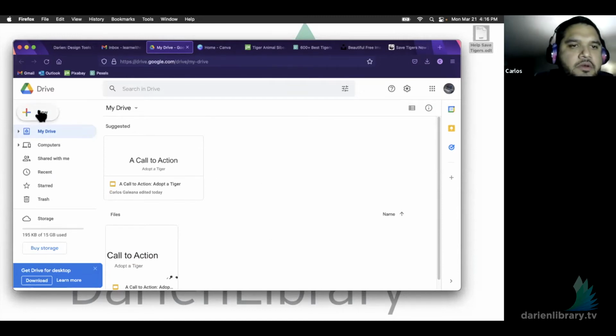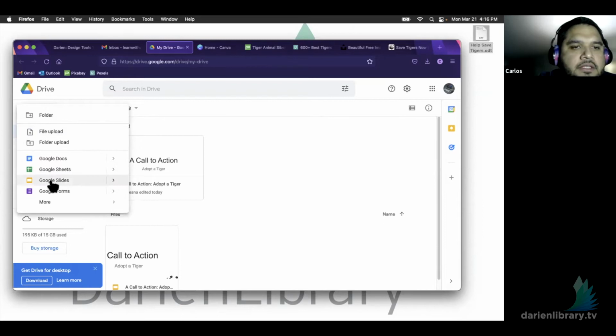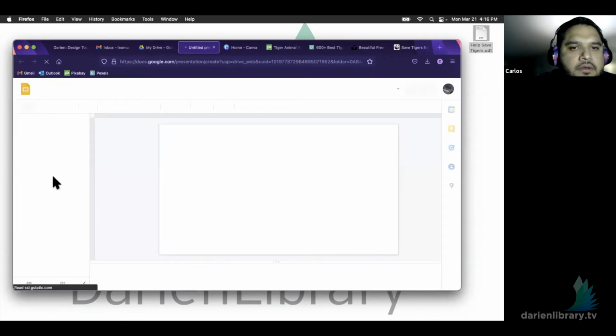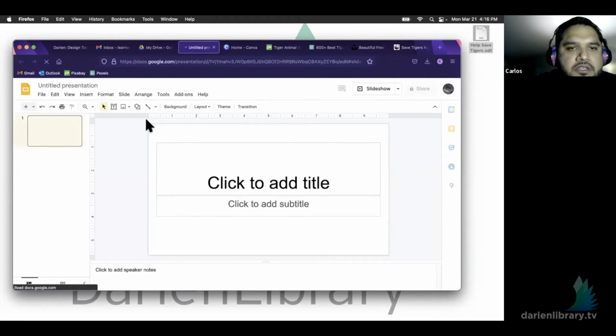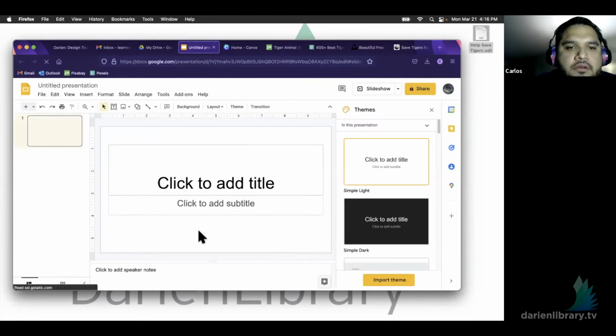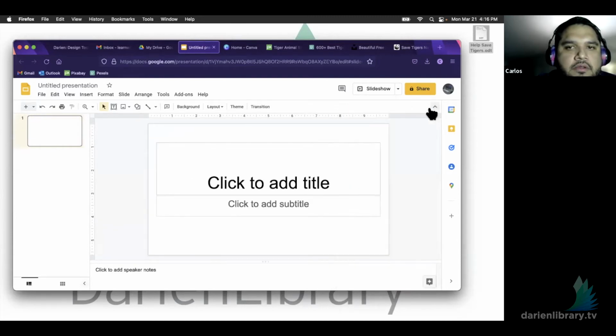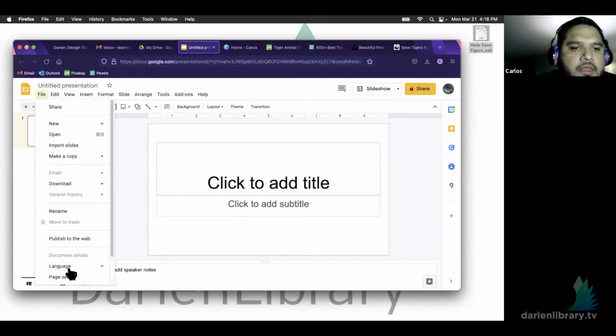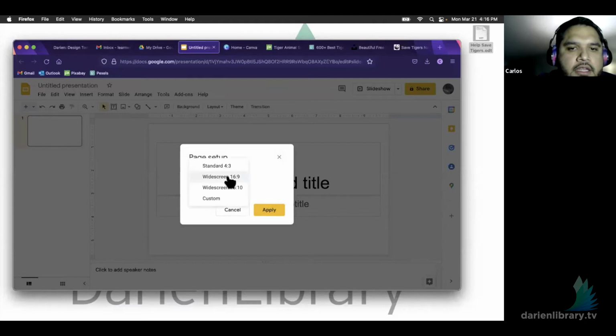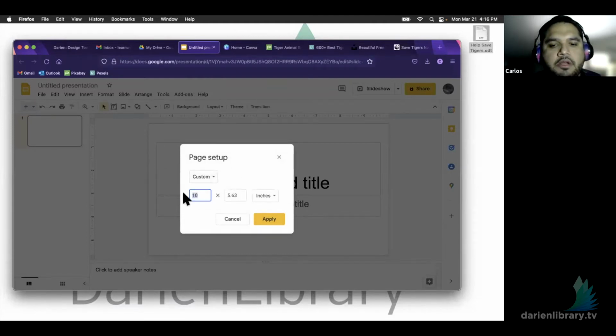So if I do new, Google Slides, and then again, we have that traditional slideshow layout, right? Which is like a horizontal landscape look. So what I want to do is I could go to File, Page Setup, and then I change it. I could do custom. So here I could type 8.5 by 11 inches,